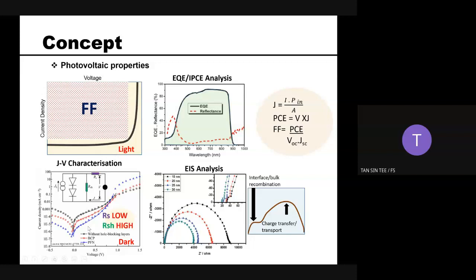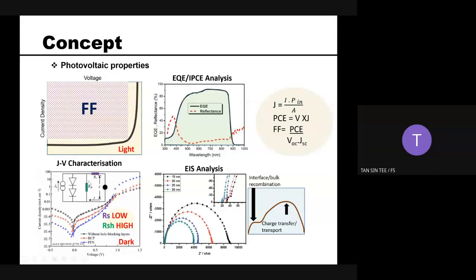For a solar cell with the best performance, it will always have a very low series resistance. So if you look at this diagram here, if you want the solar cell to have a good response, it means that you want to further increase the current in the complete circuit here. If you have a very low resistance here, it means you can allow more current to go through it.